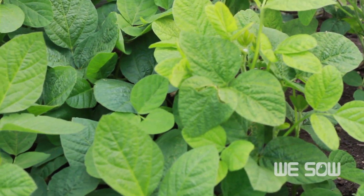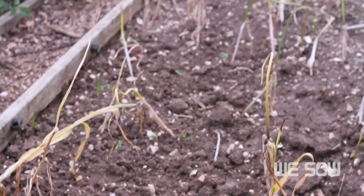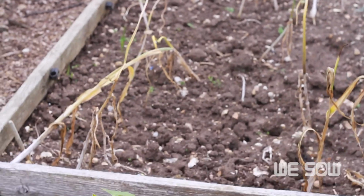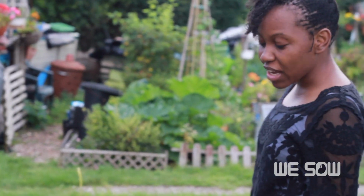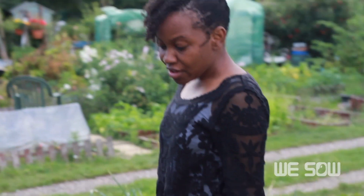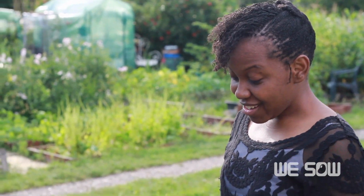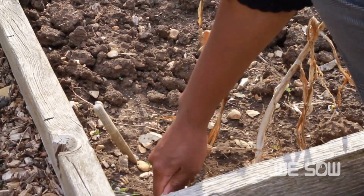And over here to my left, we've got garlic. The garlic has dried right down and is now ready to harvest. But it is quite a slow yielding crop. So garlic typically goes in November, and we're now in July. So that's a lot of months of growing. But as you can see, if I just take this as an example,